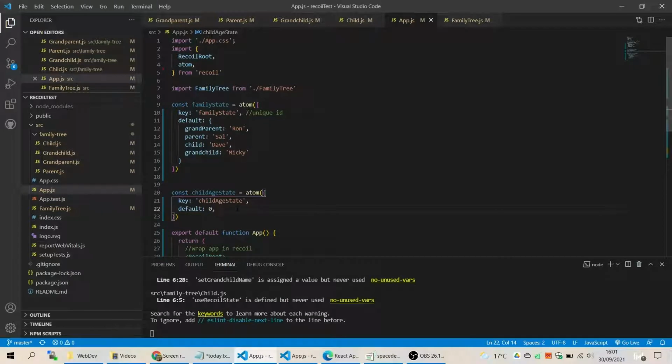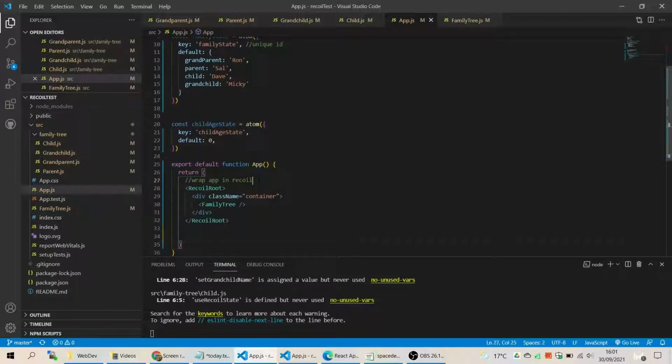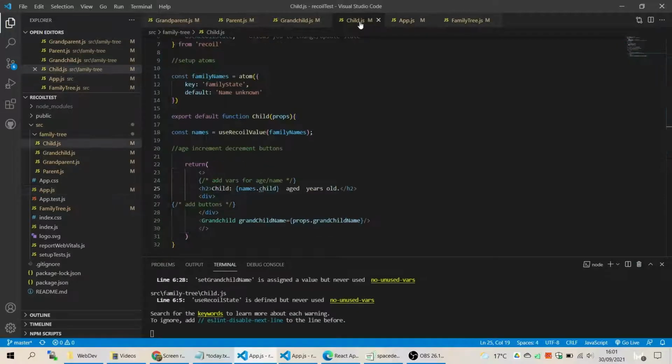That's absolutely fine. Now we don't have to do much more here because we've already wrapped the app in this function. We can take away that green. So all we have to remember is that unique ID. Now let's save that and we'll put back the child component. So just like before, then we have got